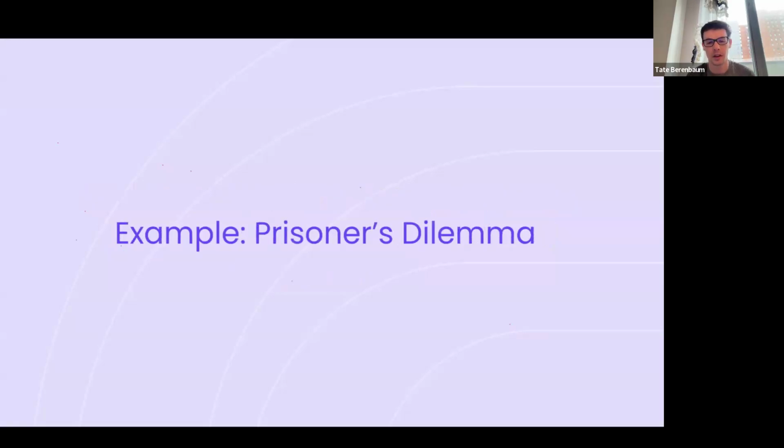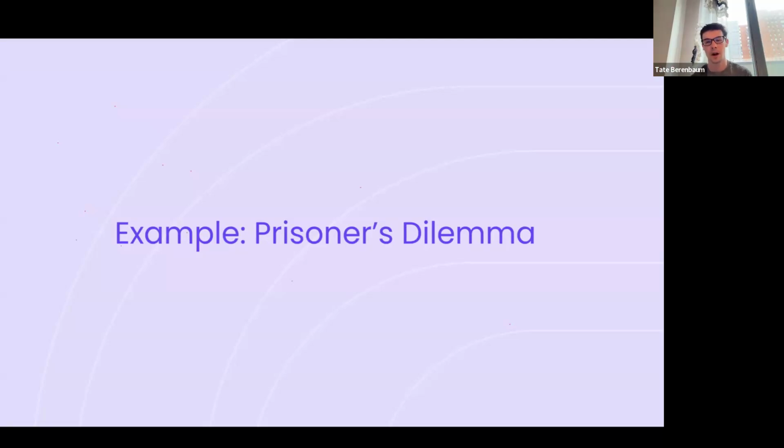One example of this is the prisoner's dilemma. So, take for example, you have two people that committed a crime together. They were taken into custody by law enforcement. The detectives have separated them to be able to interrogate them separately. And in each of those interrogations, the detective approaches each prisoner individually and says, look, we would be willing to give you freedom in exchange for testifying against the other prisoner.